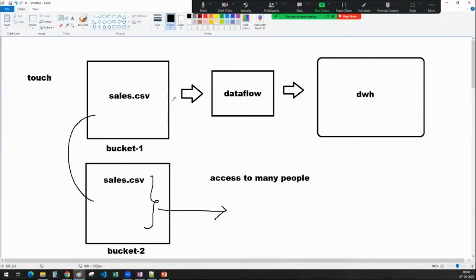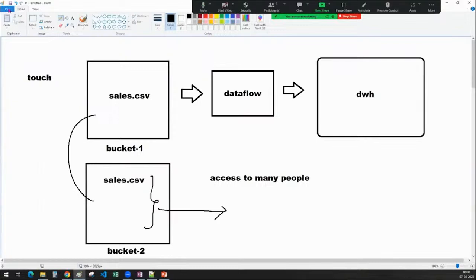But I want to keep this file to myself, because if I lose the files from here, I don't have any location from which I can retrieve them. So that's where I keep bucket 1 as my main repository. This is my secondary repository. This is how we plan it in companies. For these scenarios, we will see in our upcoming classes how we plan this kind of thing with Cloud Functions.